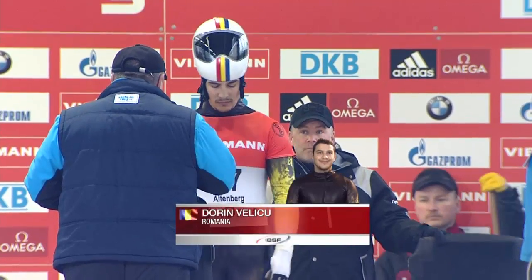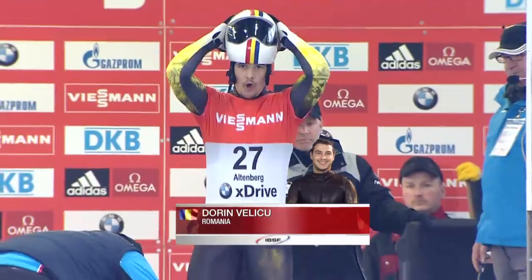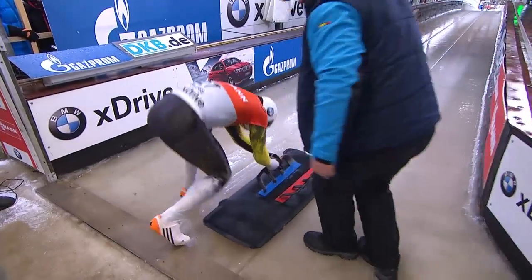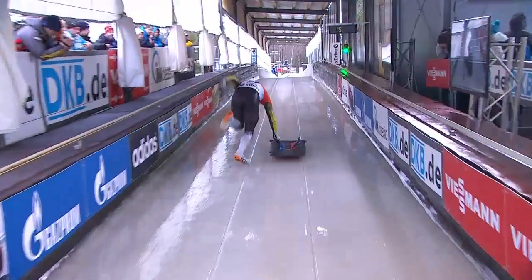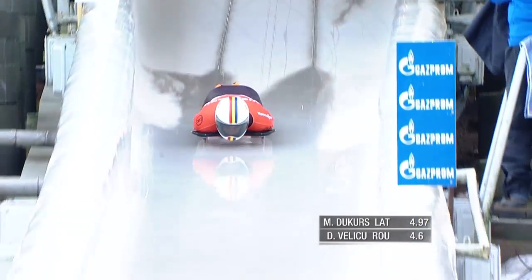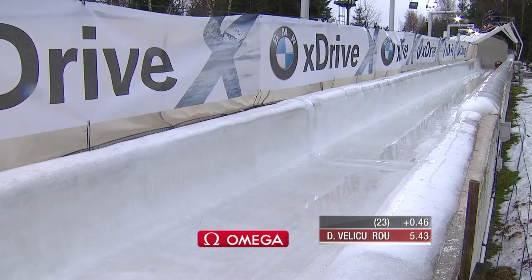Now then, making his first World Cup start of the season is Dorin Velucu of Romania. And again, like a number of our athletes, he's been racing in Europe in the Europa Cup races before the World Cup arrived here. Good run from the Romanian female bobsleigh team in yesterday's women's race. Had a really great day here. 5:43 start and